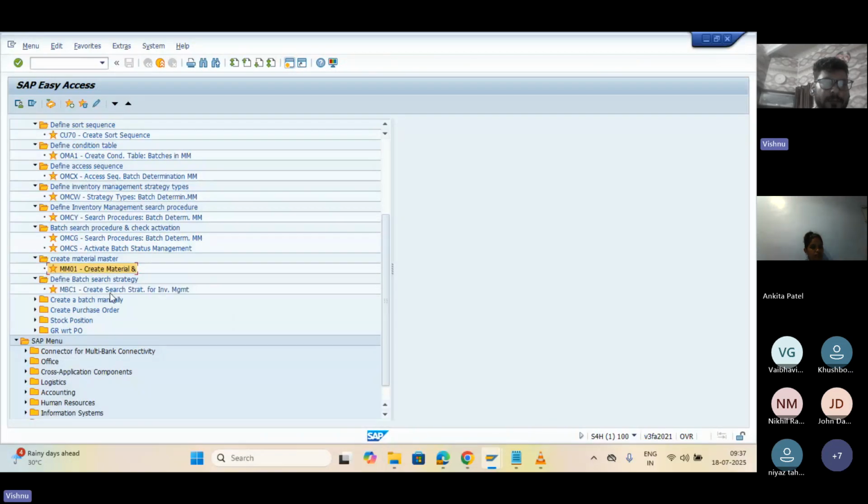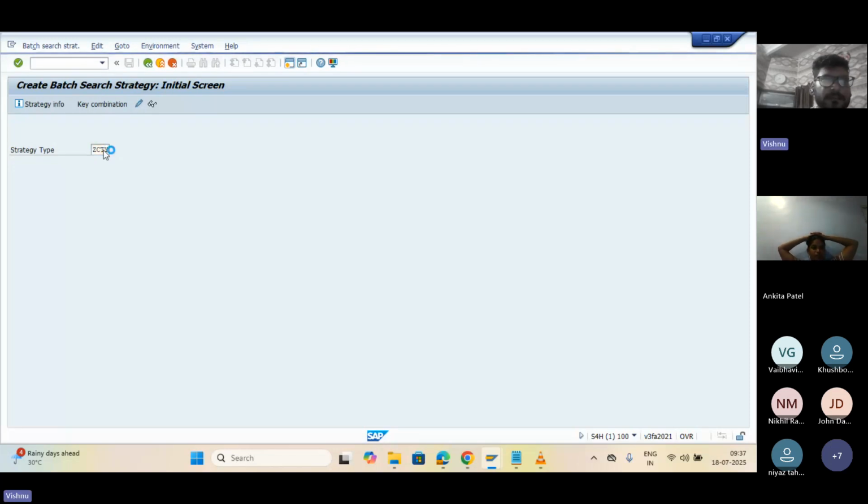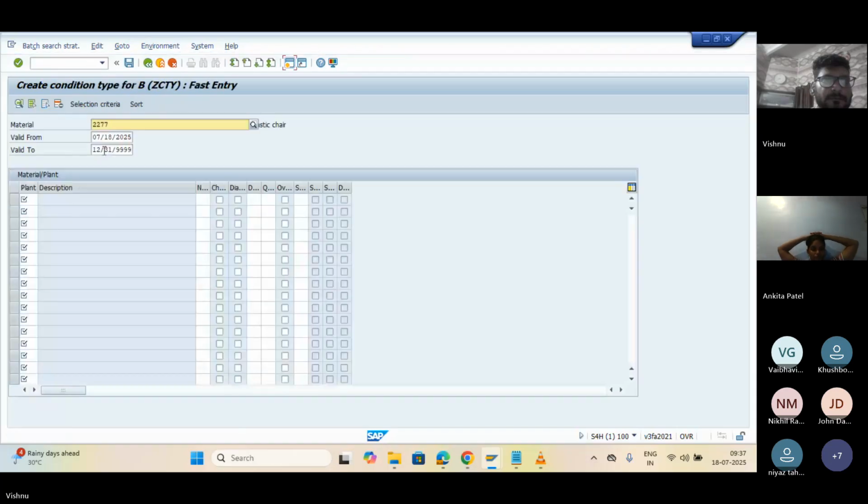Now we need to define the batch search strategy. Here the strategy type means it is the condition type. Press enter. In condition type, assign the plant we will be using,